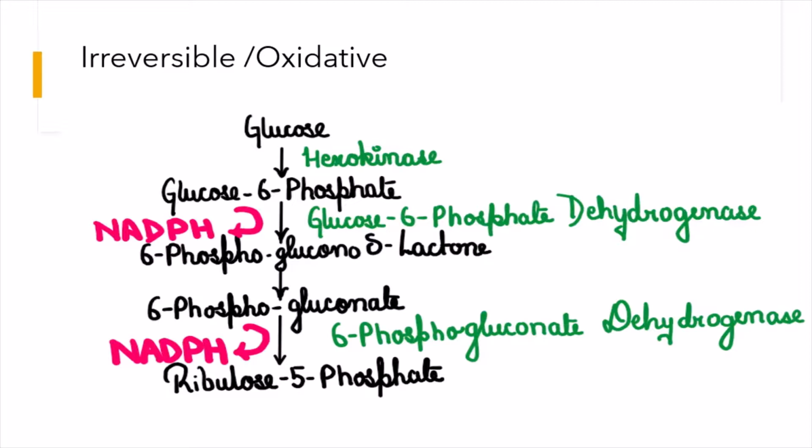Here, glucose is converted to glucose 6-phosphate. The enzyme is the same, hexokinase of glycolysis. Glucose 6-phosphate is then converted to 6-phosphoglucono-delta-lactone, that to 6-phosphogluconate, and finally to ribulose 5-phosphate, which will be converted to ribose 5-phosphate. And that is how in the very first half only we form both NADPH and ribose, which are the two byproducts of the HMP shunt.